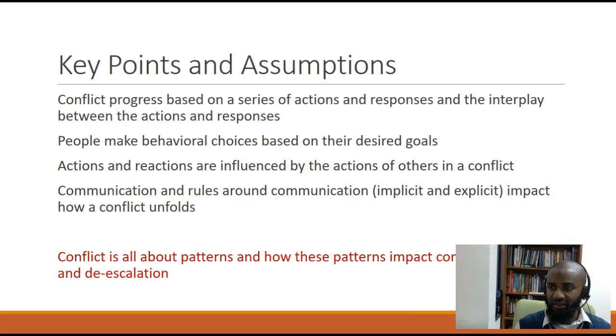So take, for example, two people are in a conflict. Somebody does something, someone says something, but that action causes a reaction or influences the reaction of the other person or other parties in that conflict. They would then respond in a certain way. However that choice is made, whether it's a physiological, biological process that is taking place here, or it's a very conscious decision to act a certain way, whatever they do is going to then cause a response from the other person. So this is what we mean by a series of actions and reactions that interact with each other, and this is what causes the conflict to progress in an escalatory or de-escalatory way.